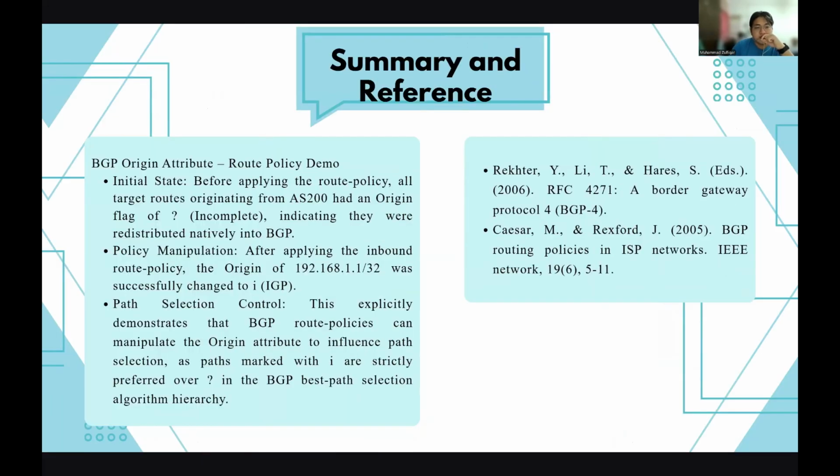So in conclusions, BGP origin attributes. Before applying the route policy, all target routes originating from AS200 have an origin flag of question mark, which is incomplete, indicating they were redistributed natively into BGP. And then after we apply the policy, which is the set origin, the inbound of the route policy, the origin